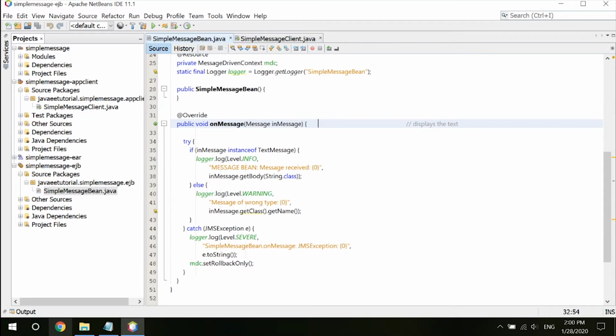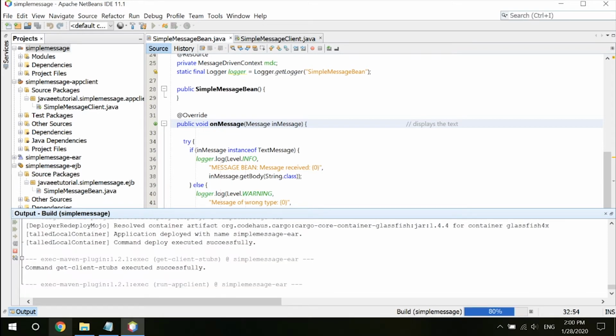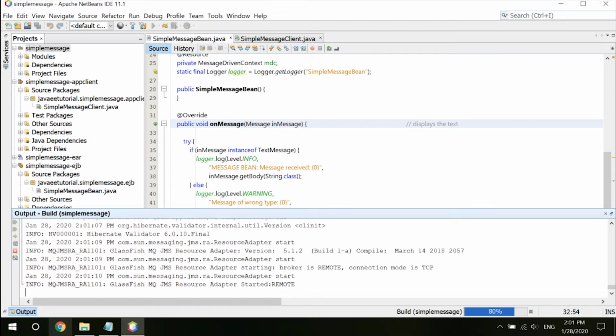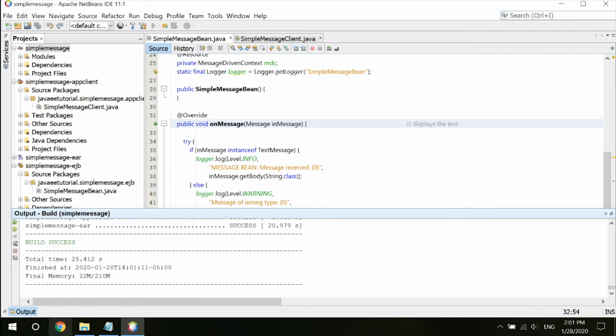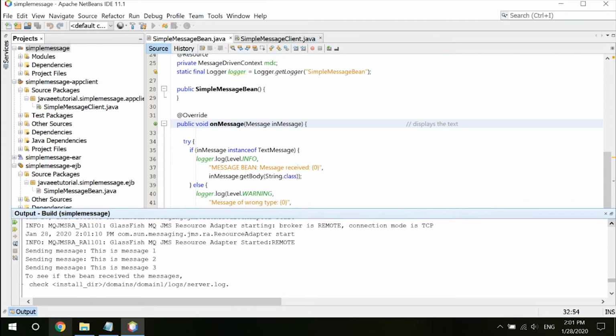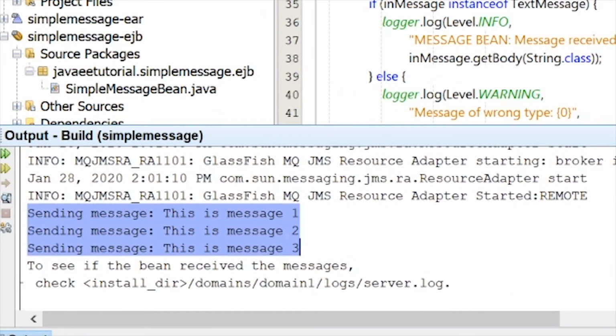So now to run the example, all you got to do is in the projects tab over here, right click the simple message and click build. Once this command has already packaged all your application clients and message-driven beans, let's go to the output window. Hold on. All right. If you just saw that, up there you can see that it sent the messages, message 1,